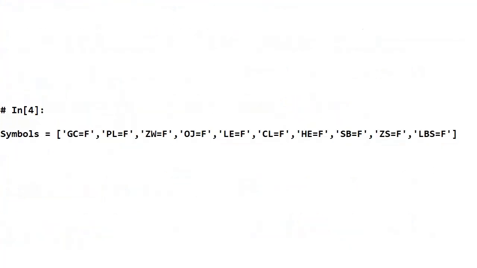what units. Here in my fourth window, I am defining the variable symbols equal to a list. Now, this list has 10 ticker symbols for each of the 10 commodities. I have those separated with commas and I put single quotes. This will allow me in my next window to refer to this variable symbols as opposed to having to type